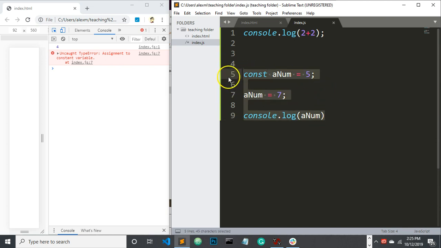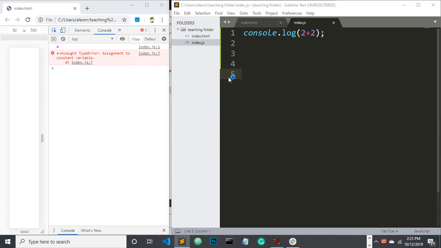Now, what's the difference between var and let? There's something called scope. Okay, we don't know what a function is yet, but let's say I create a quick function. Don't worry about what we're doing here. I'll explain this again and again later. So const a func equals